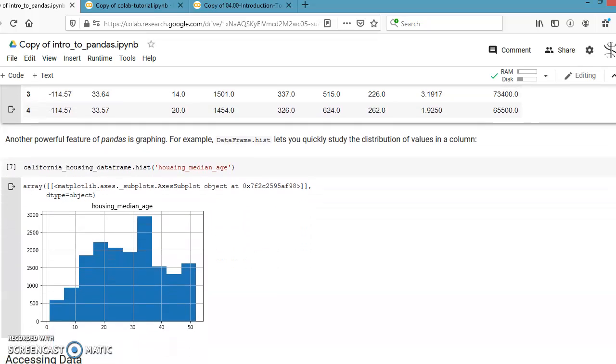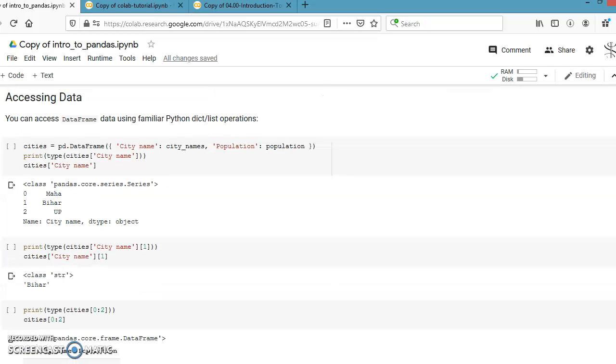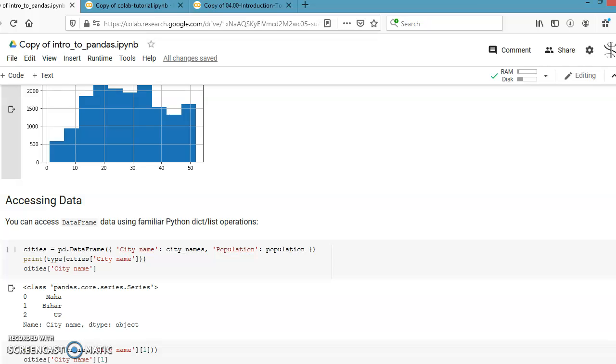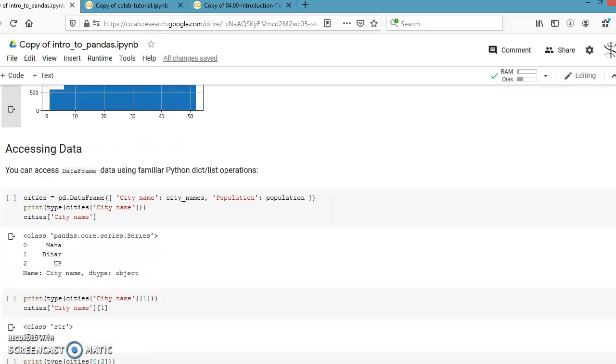Maximum of age 30 to 40 people are having their own home, and that information can be obtained from this histogram. Likewise, you can do various operations, and you can conclude from this output.